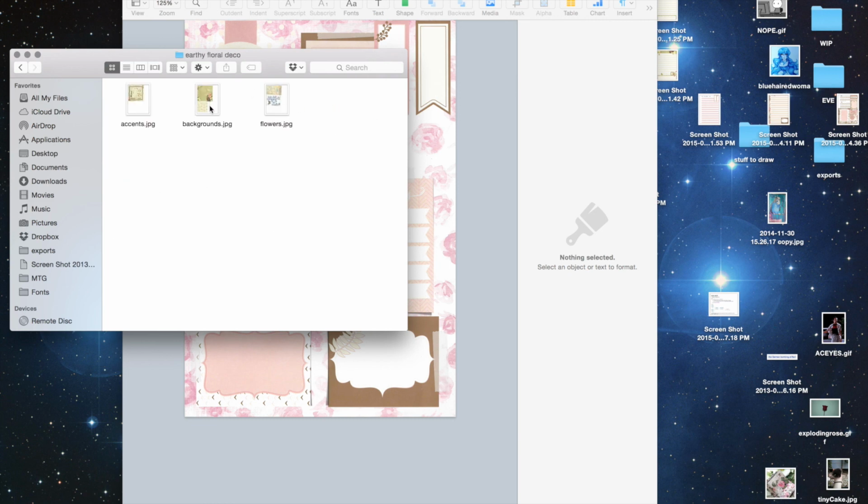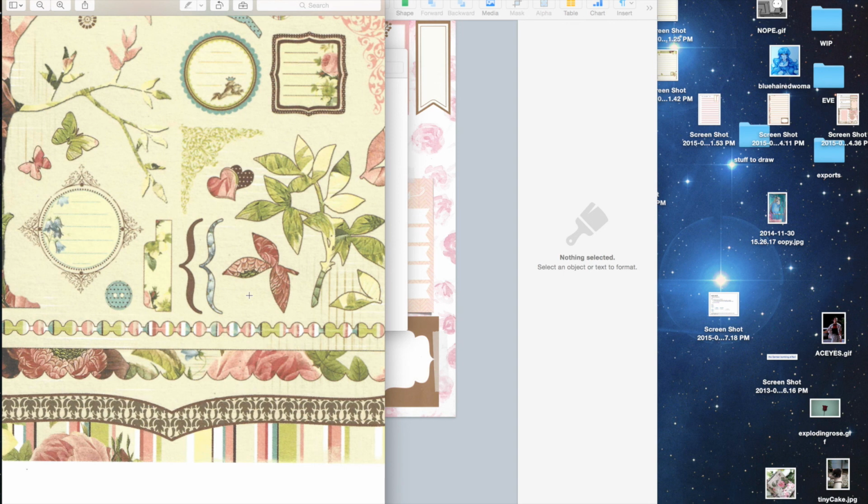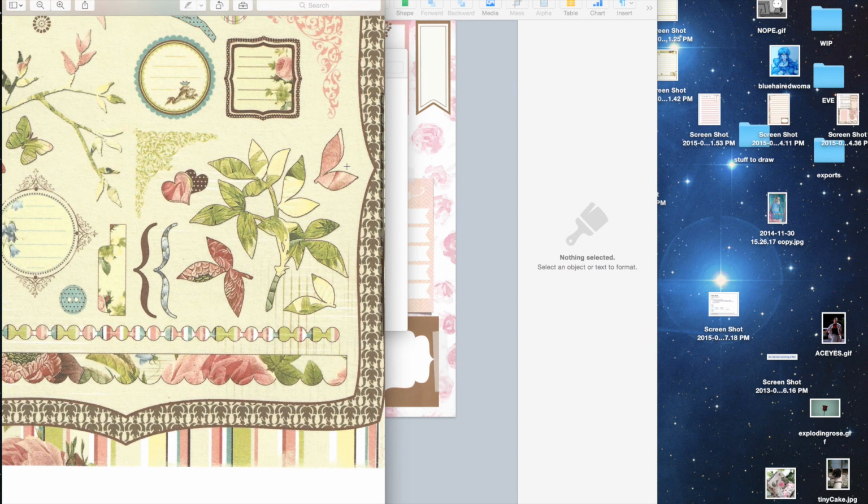Let's add a little bit more complex embellishment to this page before we call it done. Using the lasso tool, select